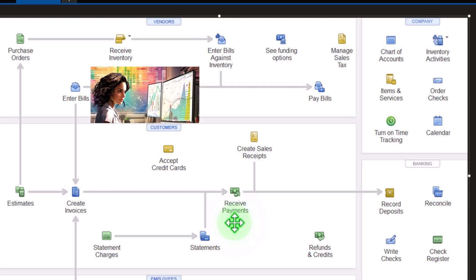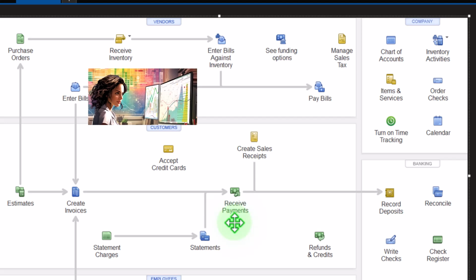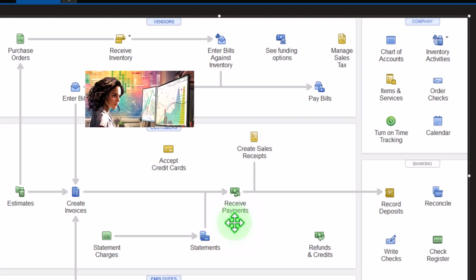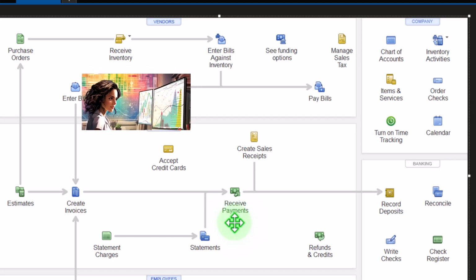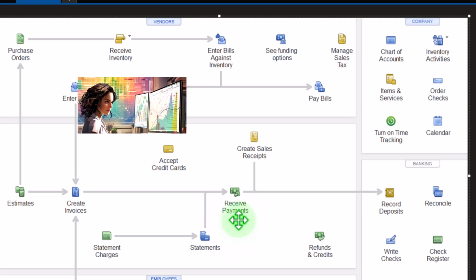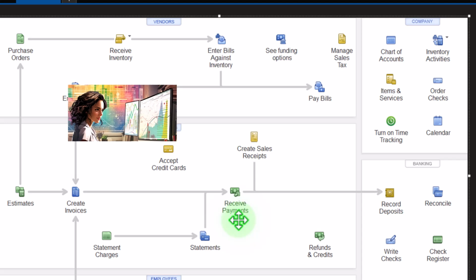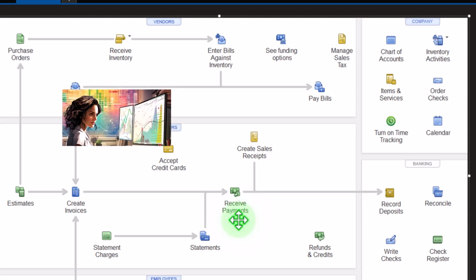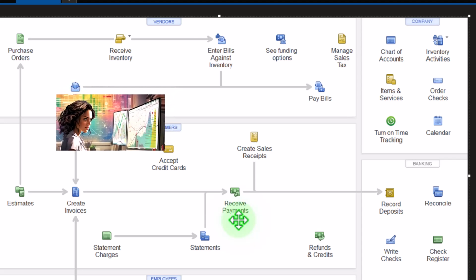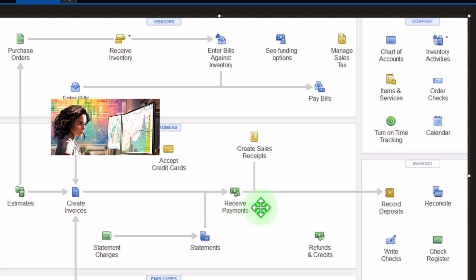So once again, you're going to need this clearing account, which would be called undeposited funds or funds to be deposited, so that I can put it into that account and then get the proper grouping and possibly allocate any fees for the credit card company or the PayPals or the Stripes,